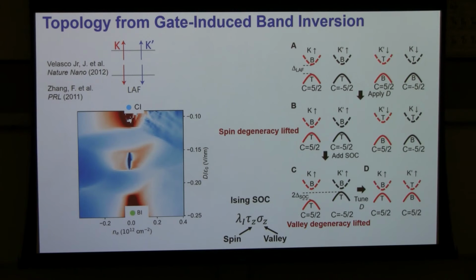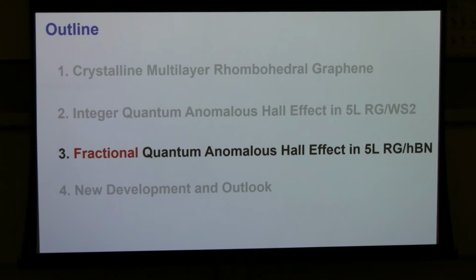Okay, anyway, so this is how we think you can get a quantized anomalous Hall resistance at 0 megafield, corresponding to a large Chern number of 5. And remember, there's no twist between the layers, there's no Moiré effect. It's still pretty much just the crystalline graphene plus some spin orbit coupling borrowed from the neighboring layer. Okay? And next, I'm going to make this more exotic.